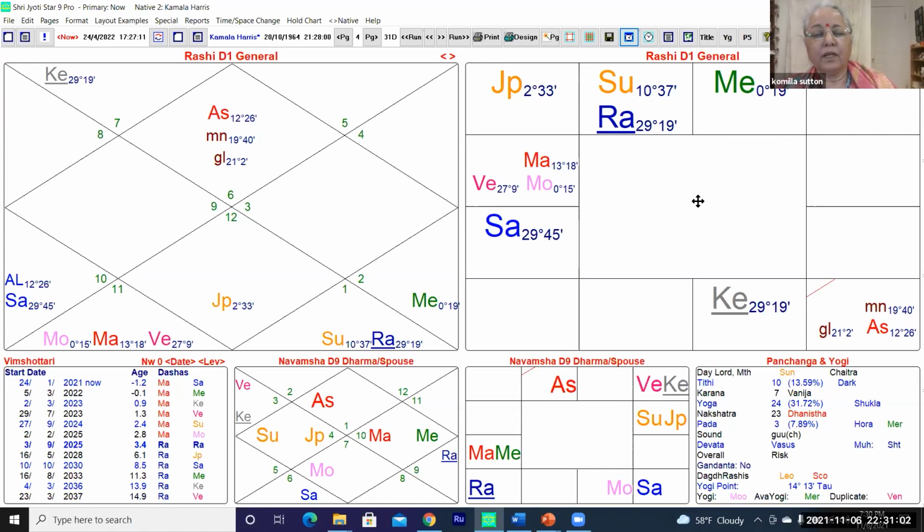And of course, in your own natal chart, the Kal Sarpa means that Rahu Ketu are dominant. So you have to learn how to cope with them, how to deal with them. And mostly with Kal Sarpa, it is crucial that one is doing something more spiritual, because you see in the charts of people who have Kal Sarpa,